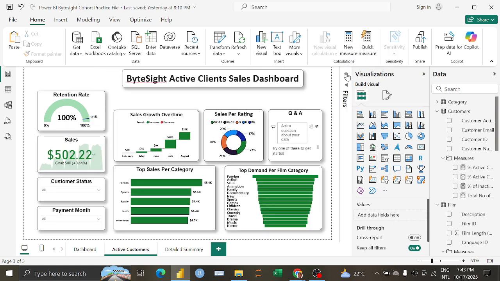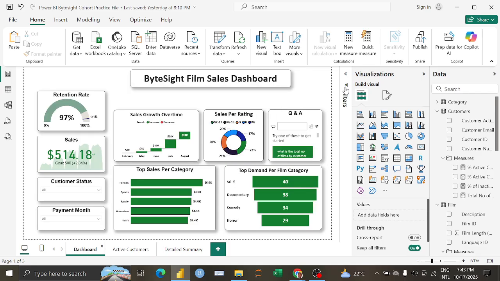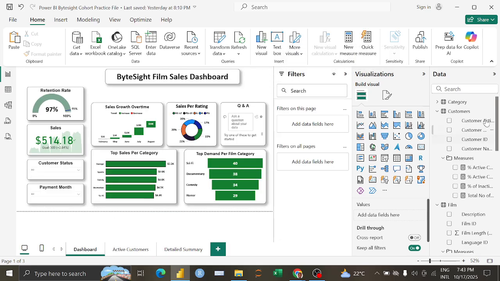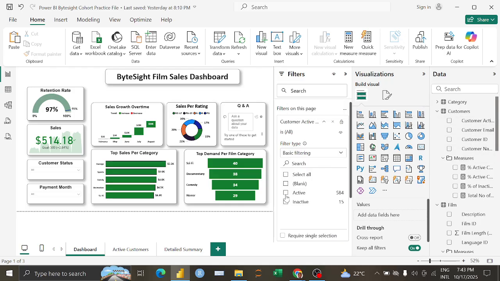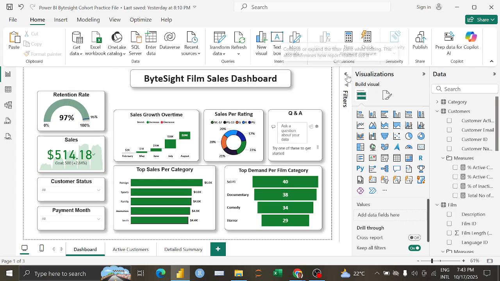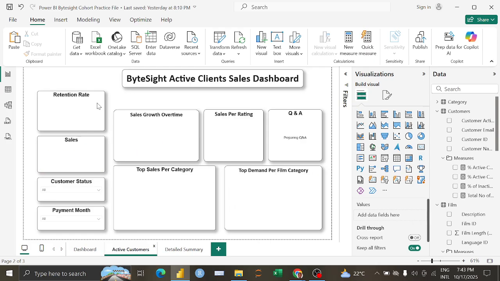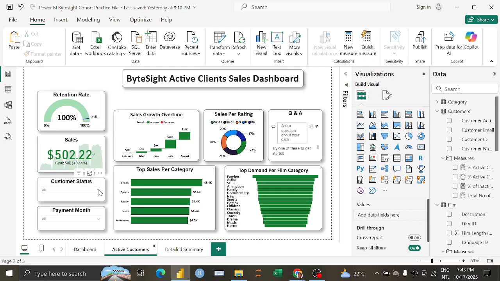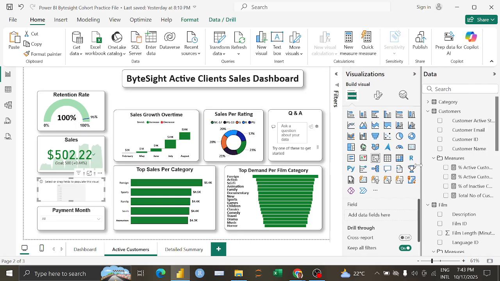Then since you have filtered for the active customers, you can see that the retention rate is 100, which is good. You can see the customer status there, so I'm also going to filter here for this entire visual, the customer active status, which is active and inactive. Don't want anything that is blank, so you can also do that as well. Then here we have the active customers, we have the total sales, the customer status, you can see it is active. So if you want to replace this one, you can just remove it there, then now put the film